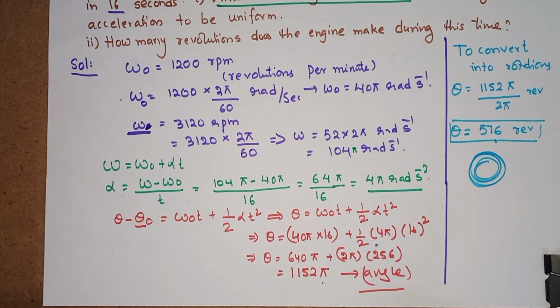Similarly, we can practice more problems as we practice in the kinematics equations, where the simple analogy is that x corresponds to theta, v corresponds to omega, a corresponds to alpha, and time remains the same, no change. The same formulas can be applied, but the number of rotations can be asked here.